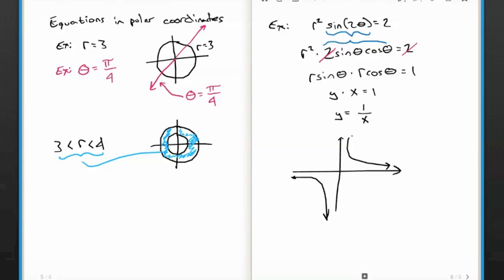So most of these are just a little algebraic manipulation. None of them are terribly tricky, but I think you should be able to figure out most of the homework ones on your own. And I realize you don't have a ton of time at this point to get some homework done,